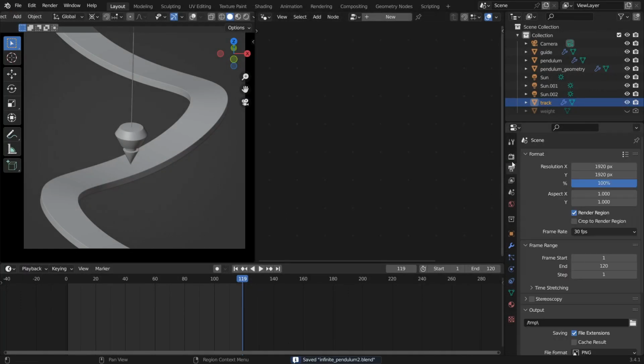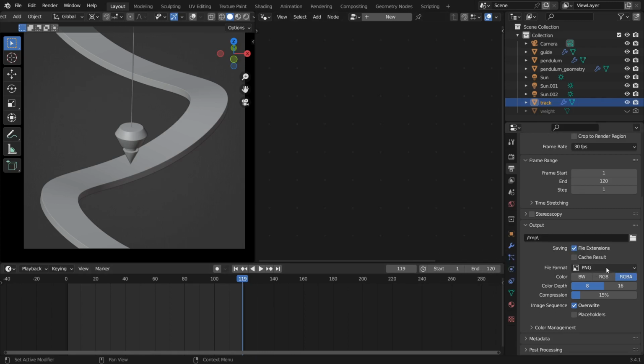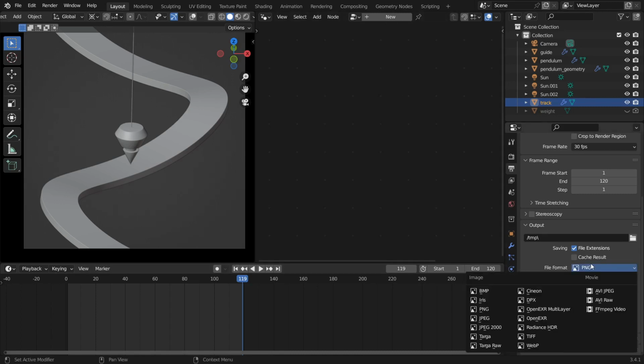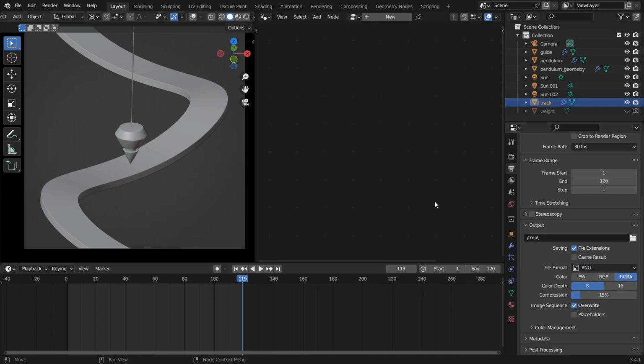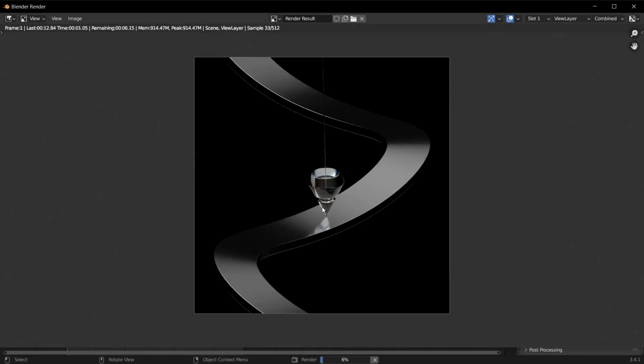So just make sure in your output properties that you set a destination that's not the temp file. These default settings of PNGs are fine. You can set it to JPEG if you want. If you want to do high resolution, that's a whole other story that we won't cover here. And when you want to render out the whole animation, just do render animation and it'll get going. Render out each frame, and then